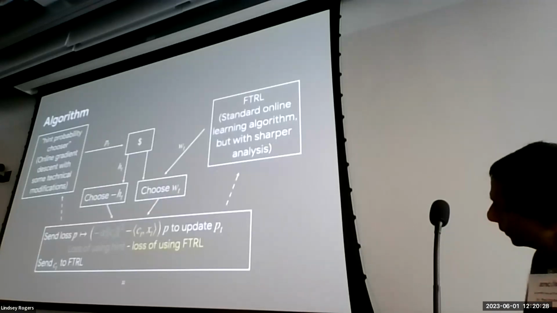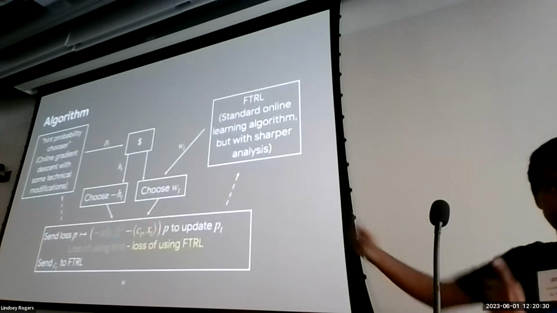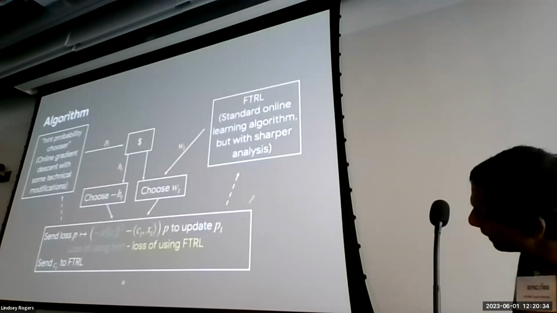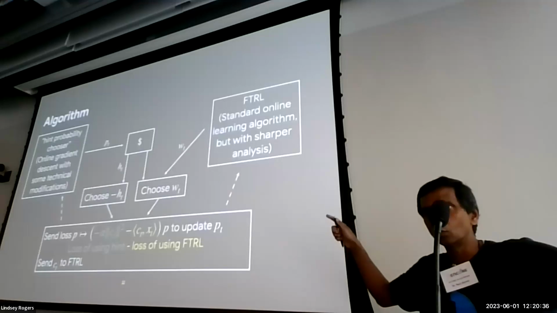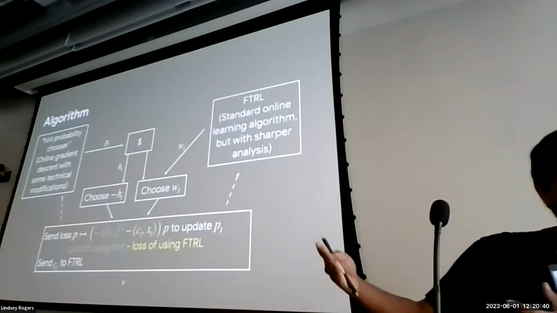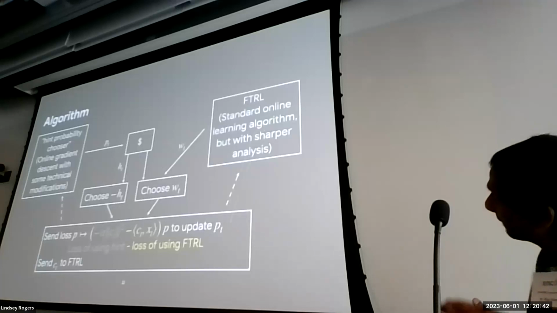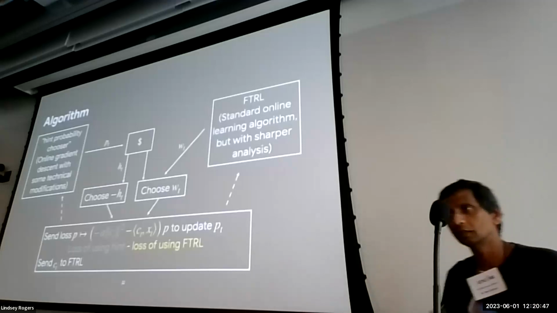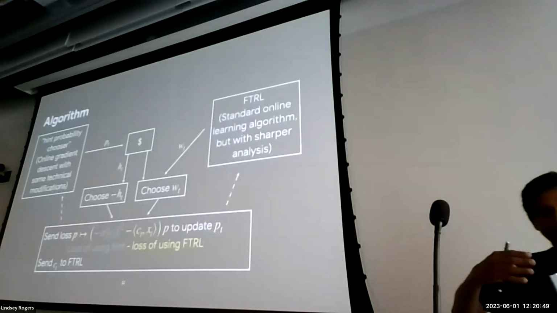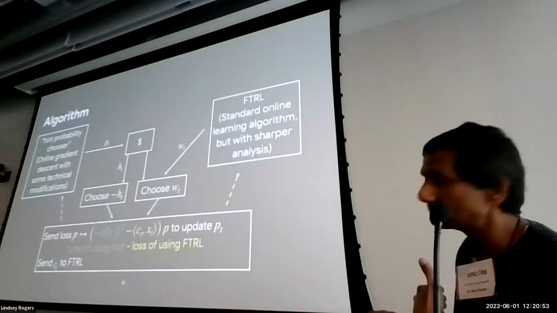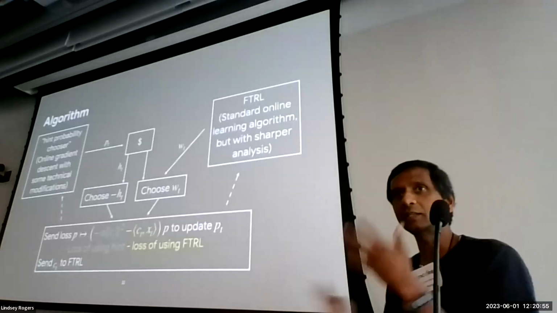And then you compute the loss. Of course, the cost appears after that. Compute the loss and send the appropriate feedback to these two black boxes. One to adjust my choosing of the hint for the next time step, and also the appropriate feedback to the FTRL algorithm itself. And that's the whole framework. So basically, there is some kind of a recursion here. So you use another online step to decide which step to use.